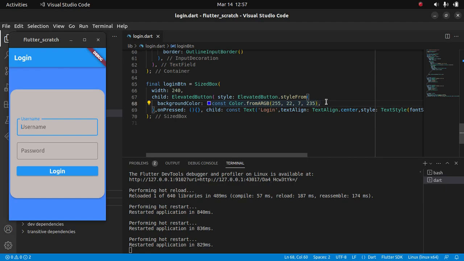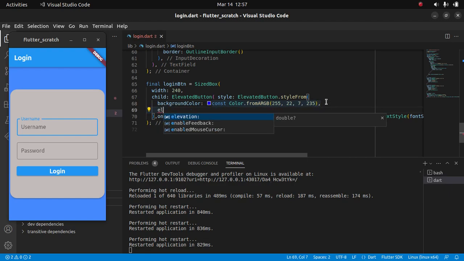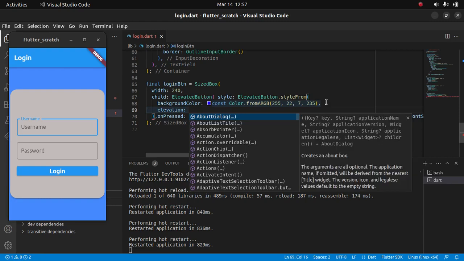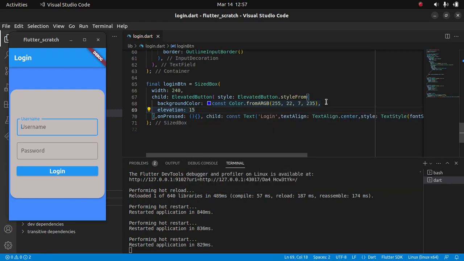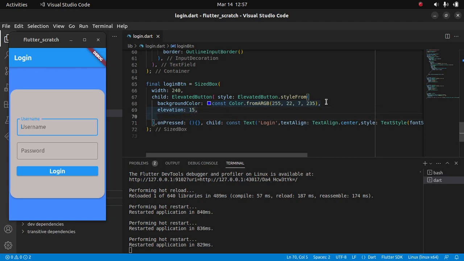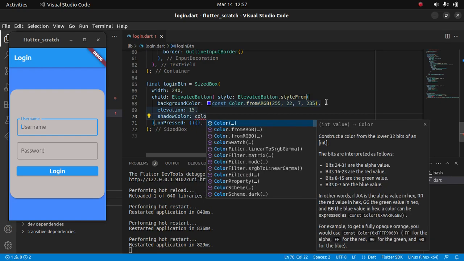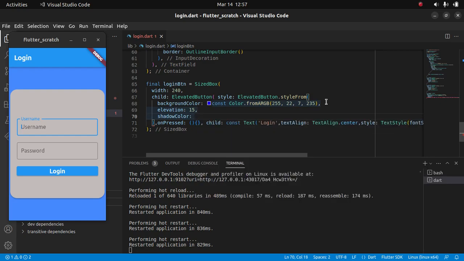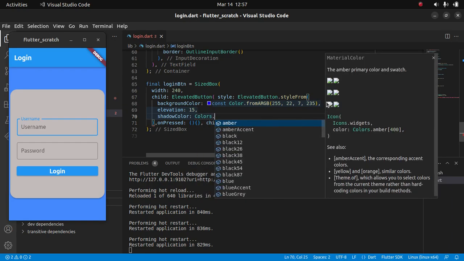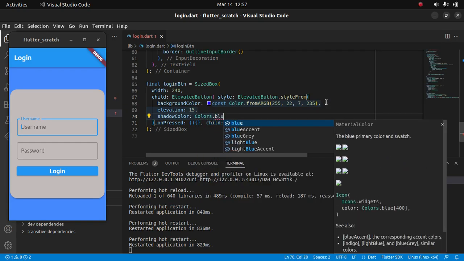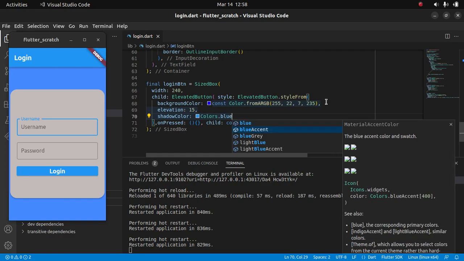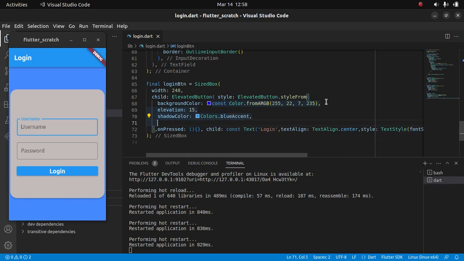So put an elevation of 15. Create the shape. Well, let's put the shadow color. Colors dot view accent. Then a shape of